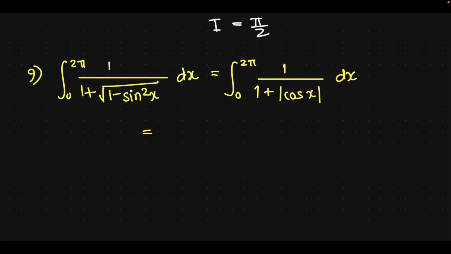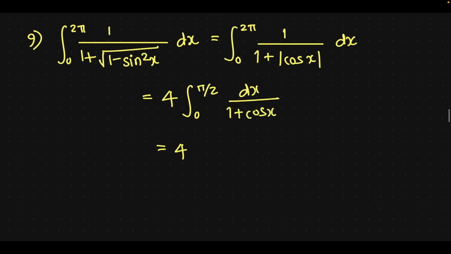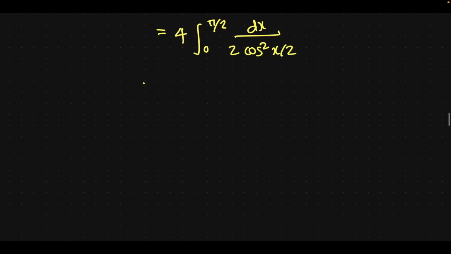And when we do that, because it's an absolute value of the cosine, we can just write this as 4 times the integral from 0 to pi over 2, because of the periodicity of the cosine, of dx over 1 plus cosine x. And now we just use the double angle formula for the cosine. We end up with 2 cosine squared of x over 2, in which one of the 2's will cancel, and we get the integral from 0 to pi over 2 of secant squared of x over 2 dx,